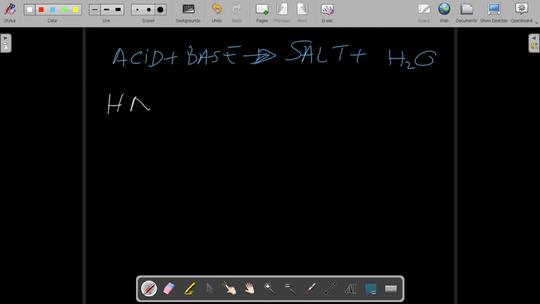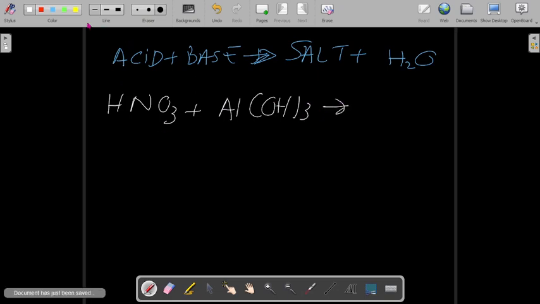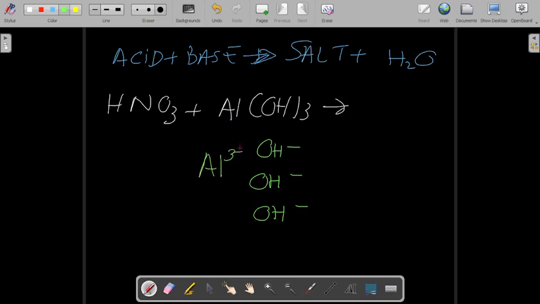Nitric acid and aluminum hydroxide gives what? Okay, let's break this correctly. Okay, this time, let me pay attention. You have 3 of these. So you have 1, 2, and 3. And if you also go to the periodic table, you'll see that aluminum is in column 3A, because it has 3 positive charges. Okay, so you need a 3 to